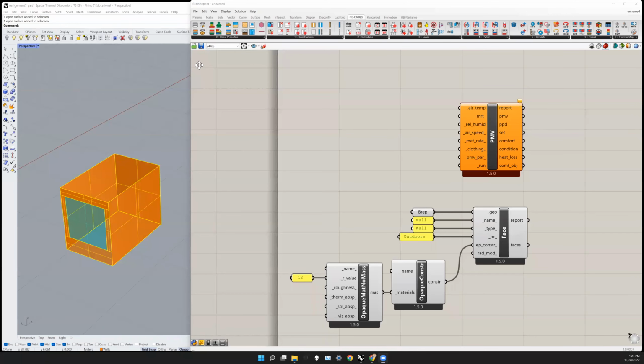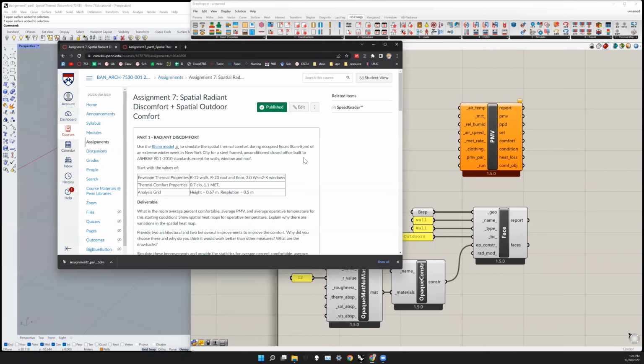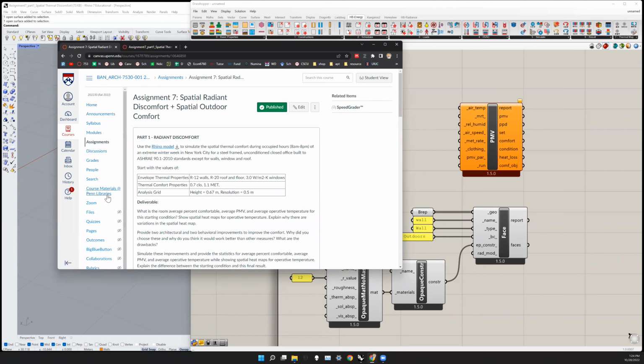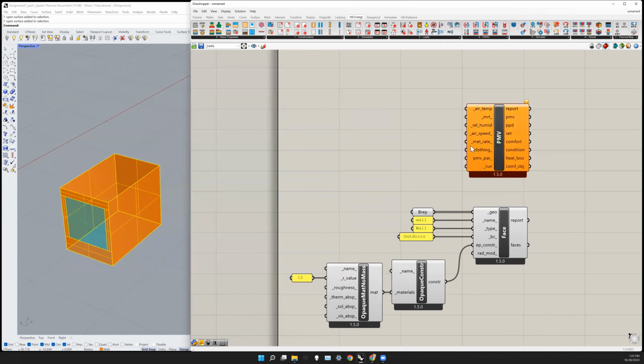Okay, so let's look at the assignment together. There was one who asked about how we can apply the envelope properties and thermal comfort properties, and maybe this one you should know about it. So for this assignment, I thought I talked about it, but for PMV analysis, there is an input for